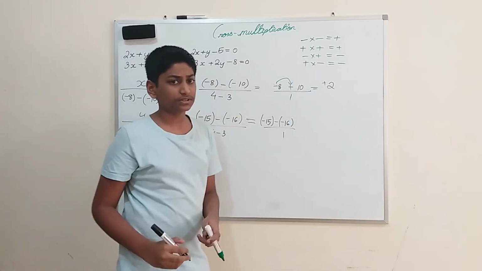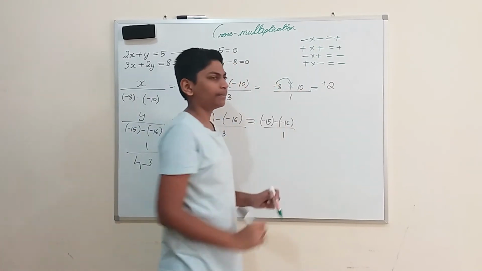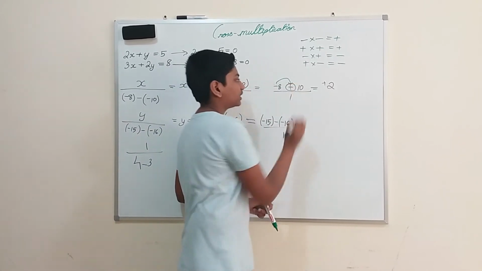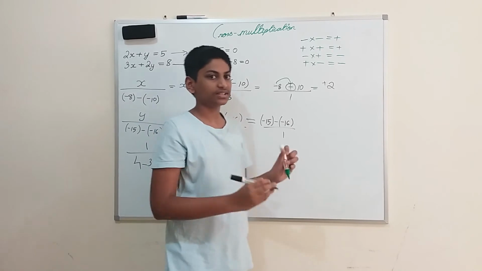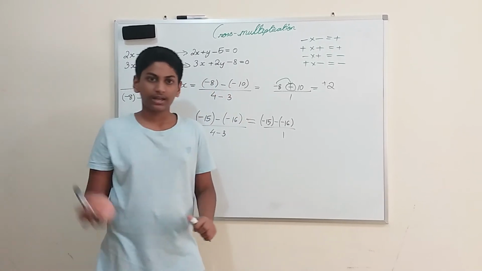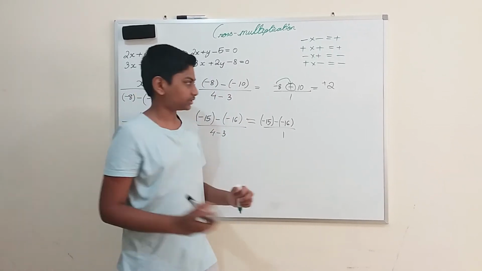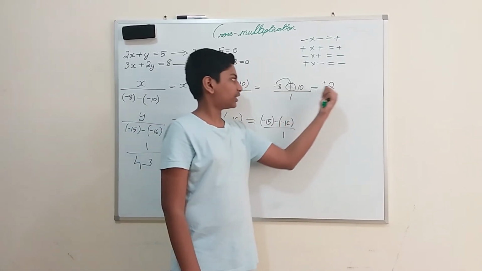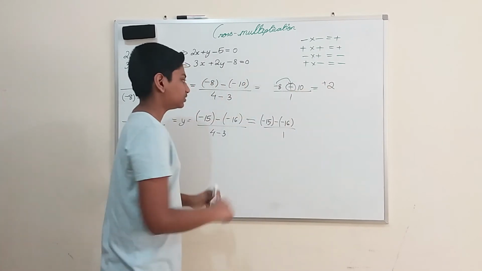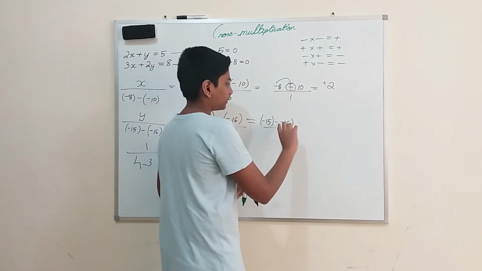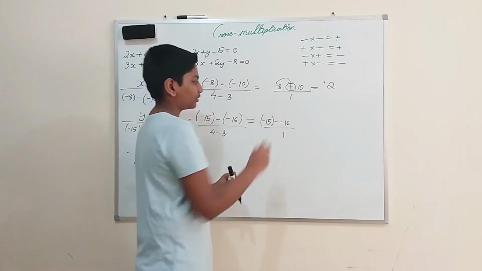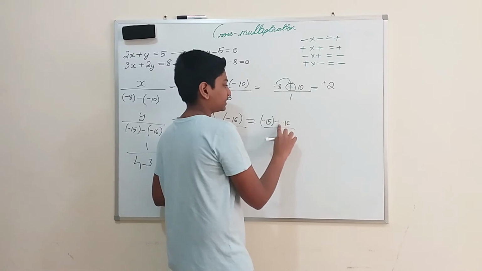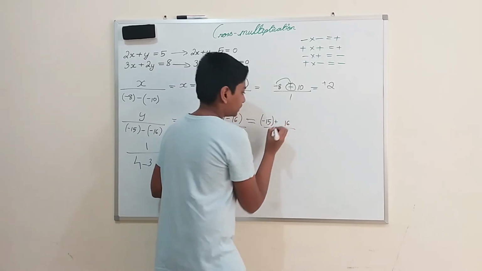If you ask why plus 2: what is the greatest number over here, 8 or 10? 10. The symbol of 10 over here is plus. So the symbol of the highest number will always be the symbol of the answer. The answer is 2 and the highest number's symbol is plus, so the answer's symbol will also be plus. Same over here. When I open this bracket, they both meet together and multiply, so minus into minus will give plus.